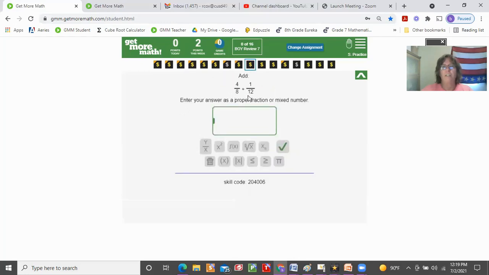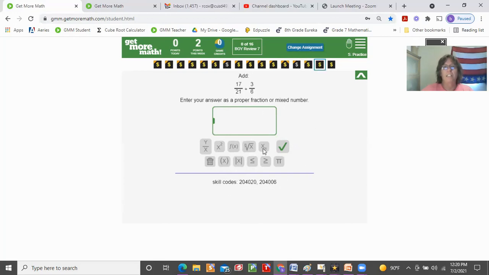And now we're adding fractions with different denominators. This is skill code 204006. Subtracting fractions with different denominators, 204007. Again, adding fractions with different denominators, 204004. This one's subtracting fractions, 204005. This is adding fractions with the same denominator, but they will have to turn it into a mixed number, 204002. Subtracting fractions with the same denominator,